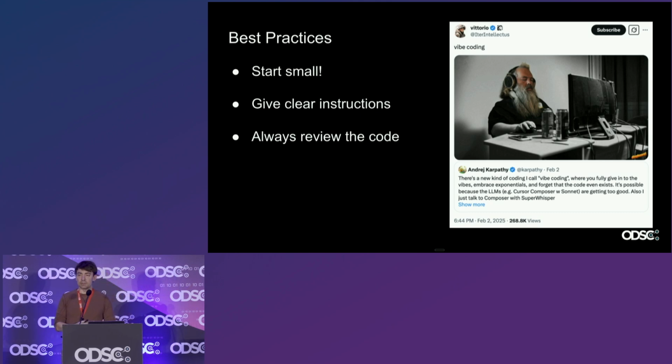Number two is to just always give clear instructions. The more you can elaborate on what exactly you want done, the better. I think this is a lesson that I had to learn when I switched from writing software to managing software engineers, is that if you give somebody ambiguous instructions, they'll often come back to you with a solution that wasn't at all what you wanted. So being very clear about not only what you want, but how you want it done is super important. The more you can give the agent a clear tech stack to work with, or tell it which particular files you would like to see edited, names of particular functions, the more precise you can be here, the better the agent will do. And then I think most importantly here, always review the code that the agent writes.